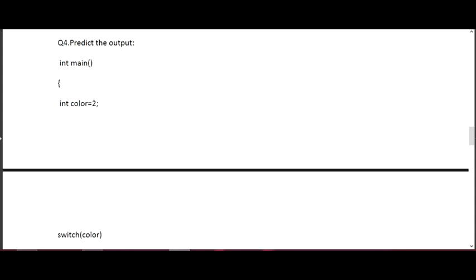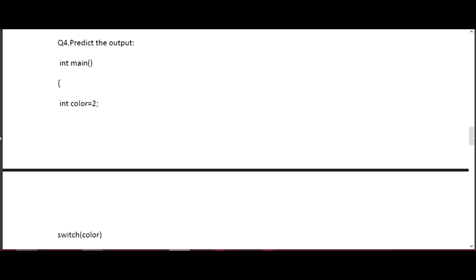Now this one you can try before listening to my explanation. You can also pause the video over here and try to solve this. But if you are still not able to understand, you can watch this video and then try the same questions again and again by pausing the video, trying to implement and see whether you know how to execute the code, because in the exam you will not be provided with a compiler where you can execute the code and check the answer.